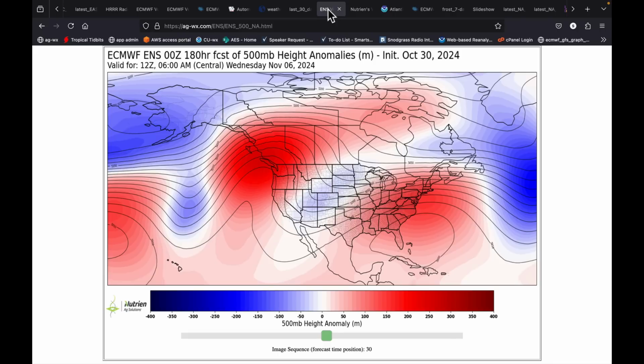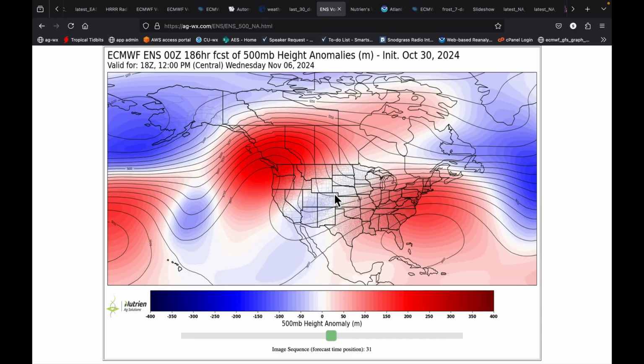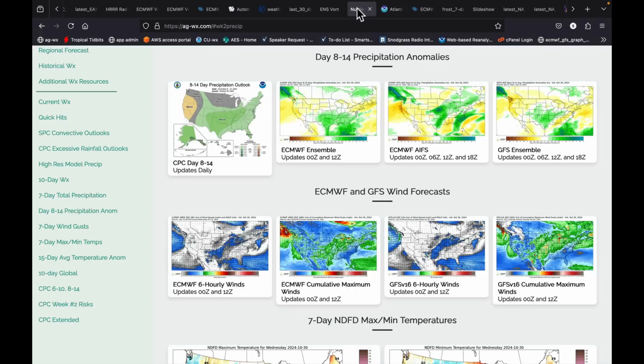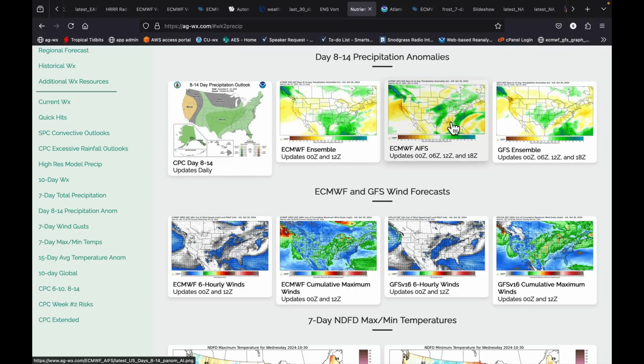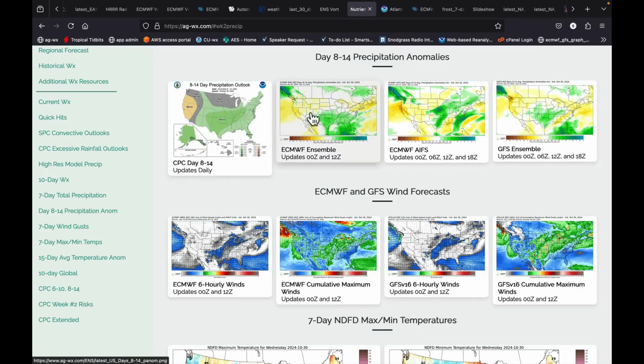This is where we start off week 2. It's still a highly amplified pattern. This is from the European Ensemble. And it's just showing us here, I'm sorry, it's not playing for me. I think this is just an internet issue with the hotel, that we've got an active pattern. And that's why we look out there and see that the day 8 through 14 maps all have a similar thing with another low coming through the southern United States, better chances for rain in the southeast in all the models, even better chances up the East Coast. So the pattern is going to remain quite active through the middle of the month.